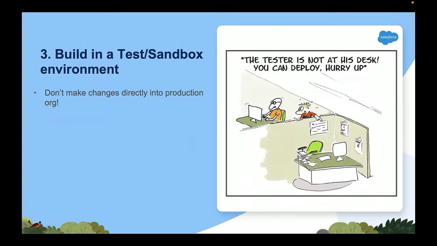I created a flow, a process builder basically, not a flow. It was a process builder. I created it, tested it with one or two records, and then activated it. And suddenly, I started getting calls from my sales director saying that some of the existing customers were getting such emails. That was the time I learned: don't do all your testing and development in production